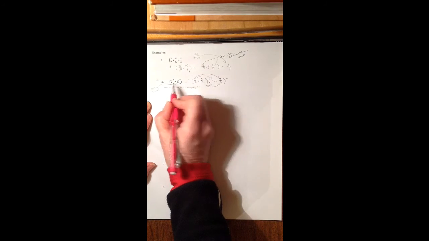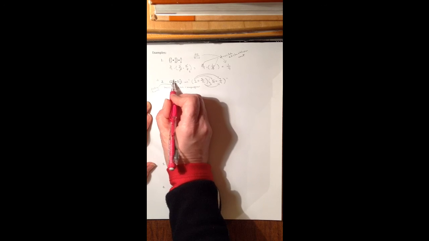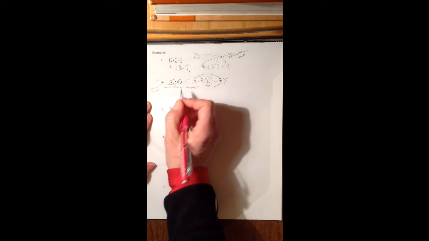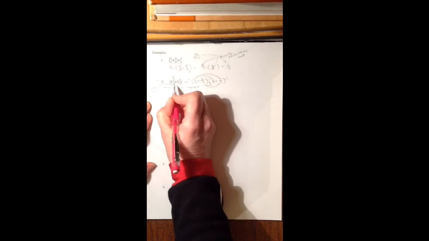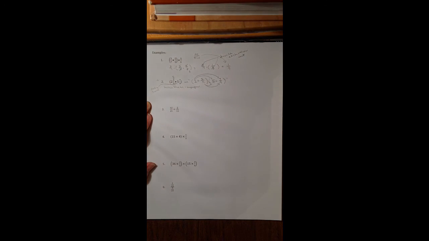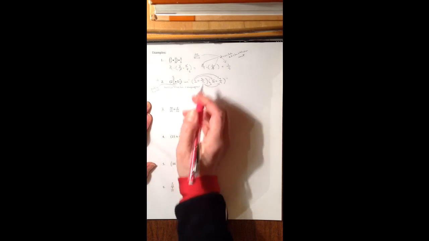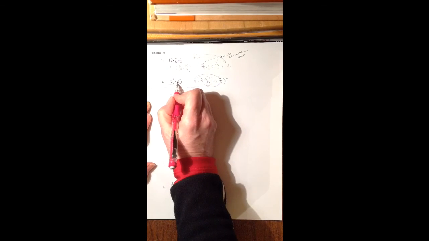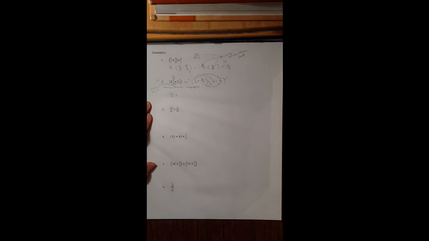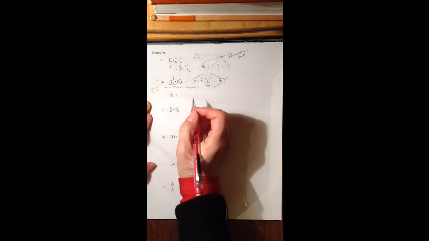So this first fraction, before I make this improper, I'm going to realize that 2 and 3 ninths is really 2 and 1/3. I'm going to simplify that 3 ninths. And then I'm going to multiply 2 times 3 and add 1 and make it 7 thirds. And now the second fraction, 5 times 9 is 45. Add 7 and get